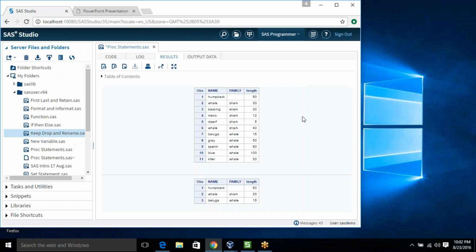Because nodupkey will check only the variable which is specified in your by statement. In this case I specified family. Family contains 3 different values: one is missing, the second one is shark, and the third one is whale. So I got only 3 records. Anyone has any doubt or question, or are we good?